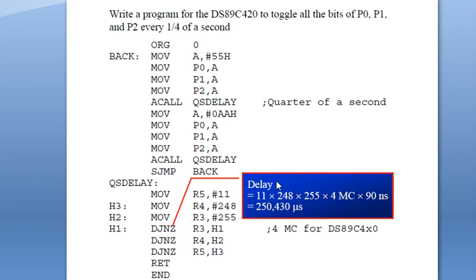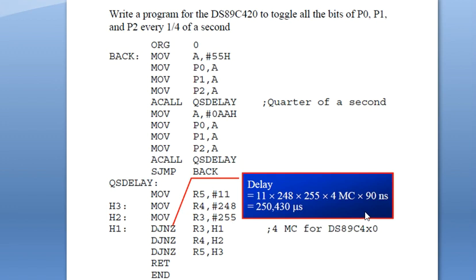As they have given, you have to maintain 0.25 seconds of delay. So 0.25 seconds is our main motto. In this delay program, the main aim is to calculate these count values, right? And one more thing: when you are using the decrement jump not zero instruction, it uses 4 machine cycles, and for this microcontroller we will be using